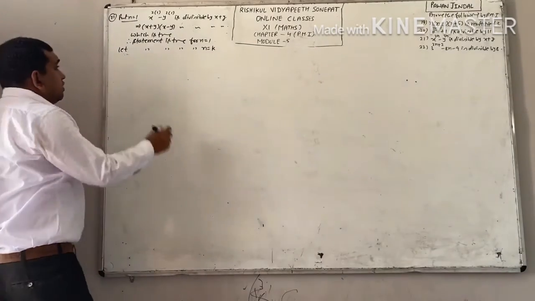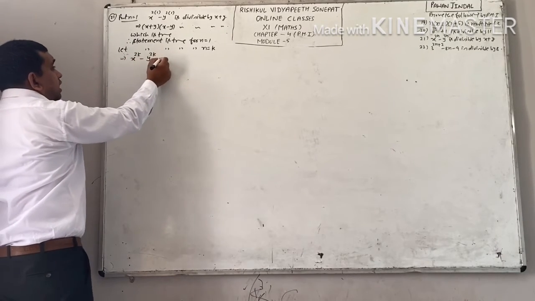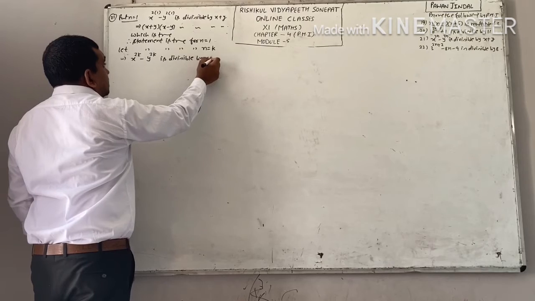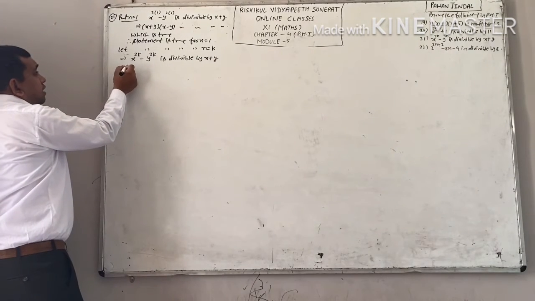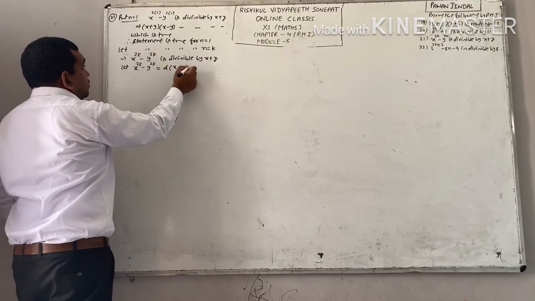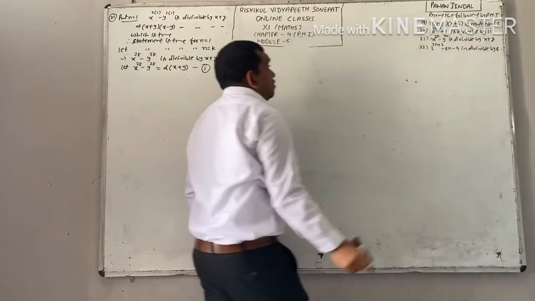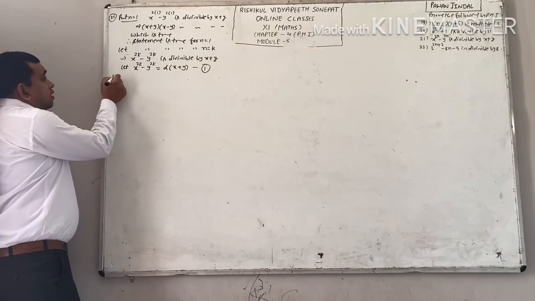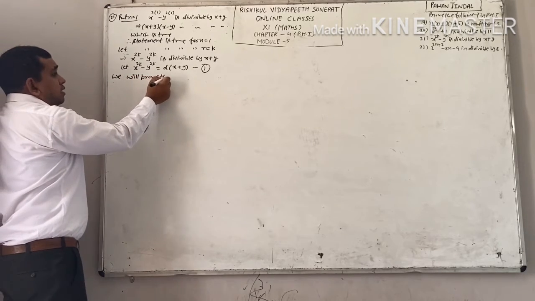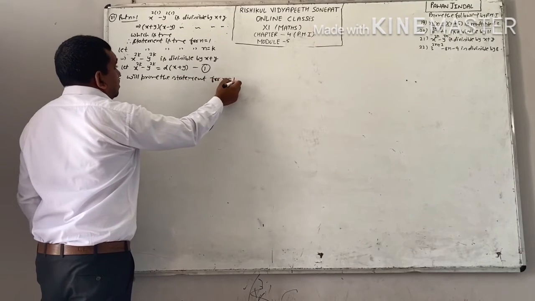Next step, let statement is true for n equal to k. Now put n equal to k, you will get x raised to power 2k minus y raised to power 2k is divisible by x plus y. Since it is divisible by x plus y, let this is equal to d into x plus y. Say this equation number 1. In the last step, we will prove the statement for n equal to k plus 1. Put n equal to k plus 1. Write the line also. We will prove the statement for n equal to k plus 1.